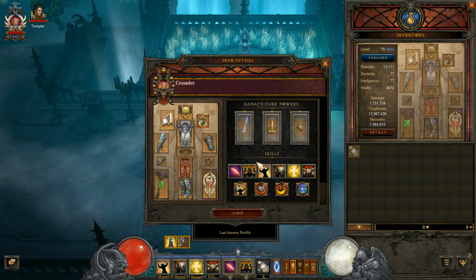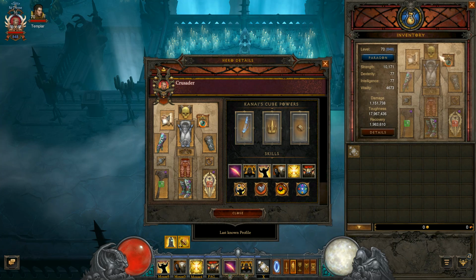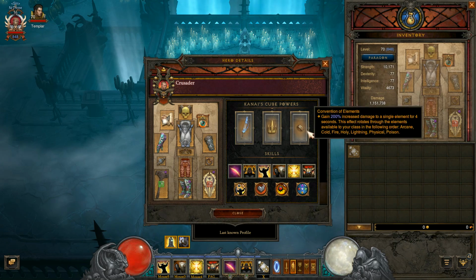Now let's have a quick look at the cube. He has the Blade of Prophecy, which again is mandatory for a Condemn Crusader. Leoric's Crown, which in this case is, you see this, right? I mean, jeez. Anyway, and of course Convention of Elements, and as per usual, we're not gonna bother to time